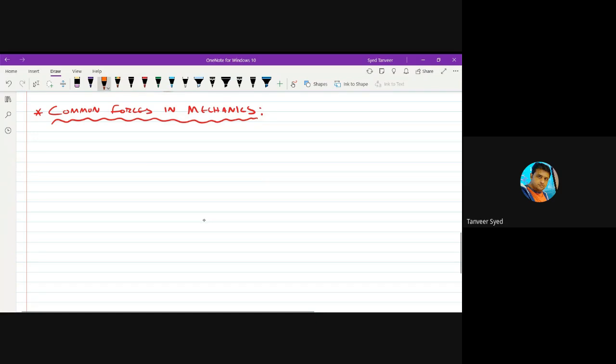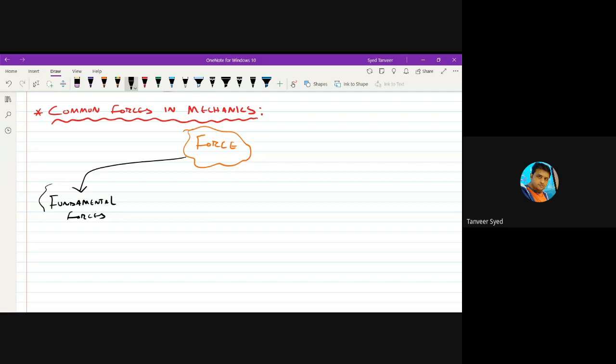You can categorize force in different ways. One is as fundamental forces in nature. What are these fundamental forces? There are four. We have identified that fundamentally, on a very broad scale, there are only four types of forces that exist in nature. They are